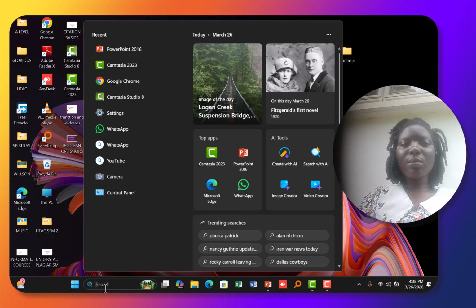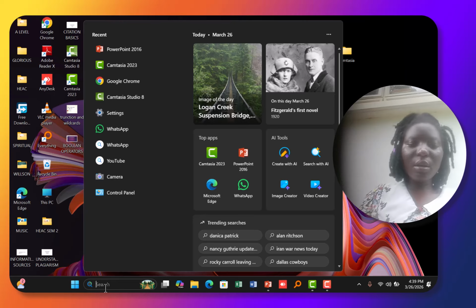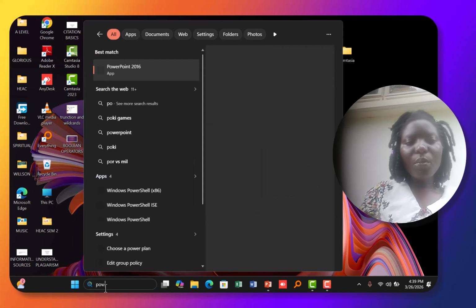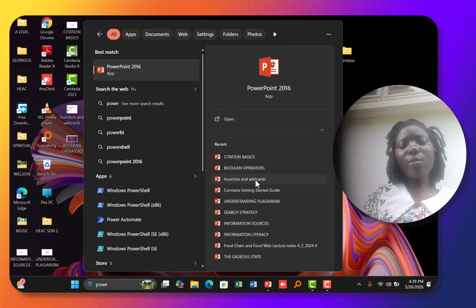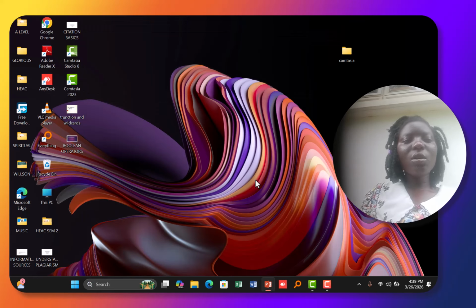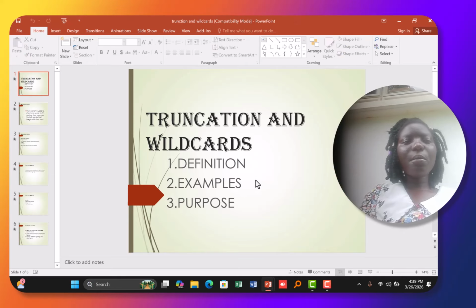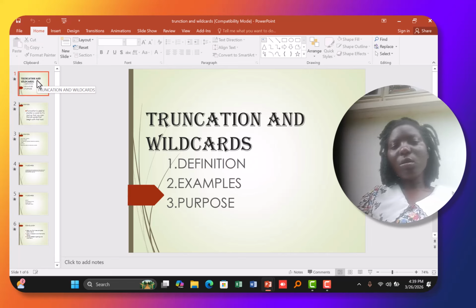So pay attention as we are going to learn. And we are going to be using a PowerPoint presentation to explain more about truncation and wildcards. And therefore, the first one is we are going to give the definition, the examples, and the purpose of truncations